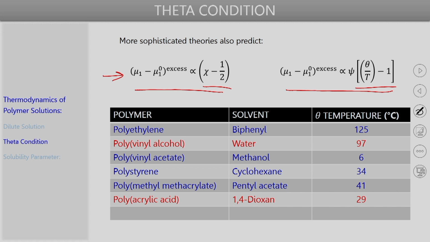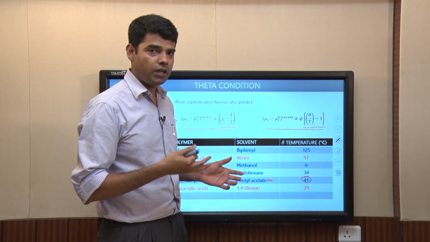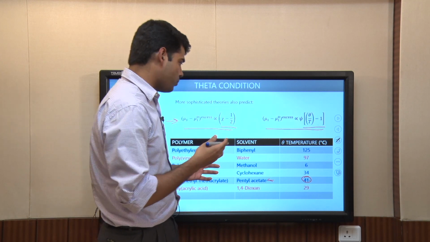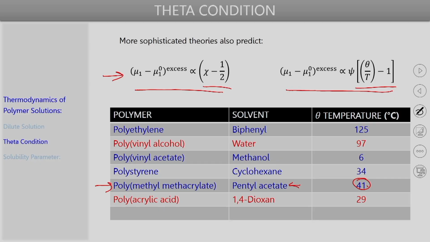So, the theta temperature that we see here is specific to the polymer solvent system, and for a given polymer, if we change the solvent, then the theta temperature of course naturally will change as well. Let us say for PMMA that we have shown here, we are considering pentyl acetate as the solvent and the theta temperature that we have is 41. If instead PMMA polymer in butyl acetate solvent is considered, then for such solutions the theta temperature is actually much lower, it is actually close to minus 20 degrees Celsius. So, different types of solvents can lead to different values of theta temperature for the same polymer.